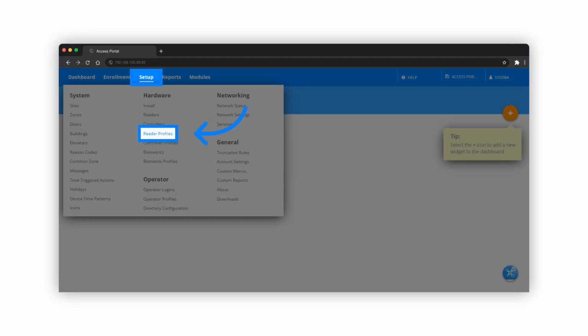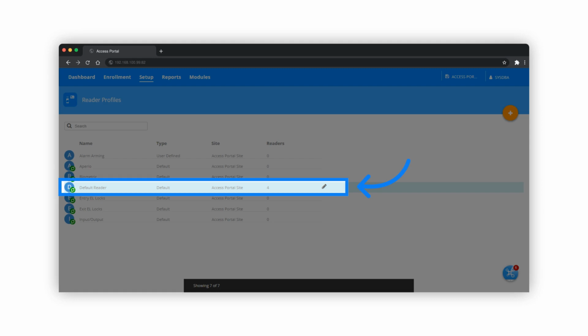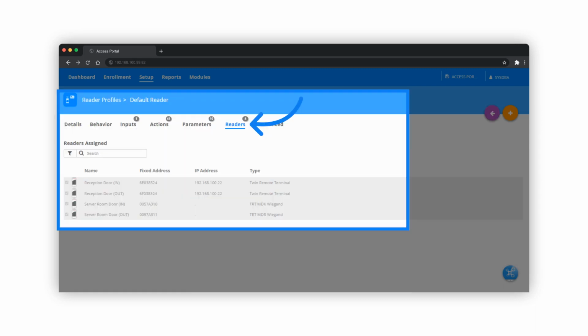A reader profile is a template that determines how the readers that belong to the profile will behave. The profile template guarantees standard behavior across all the readers assigned to it. To access the reader profile, select Setup and navigate to Reader Profiles. Select the default reader profile. Access the Readers tab to get a list of readers